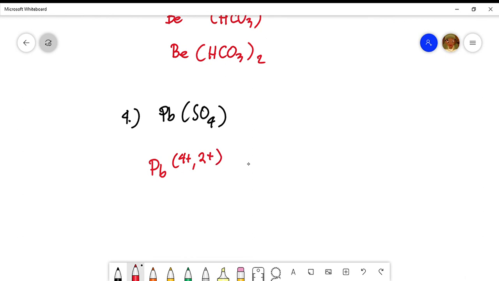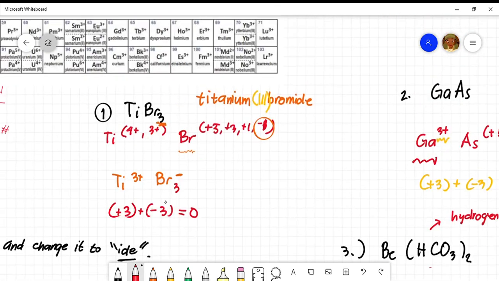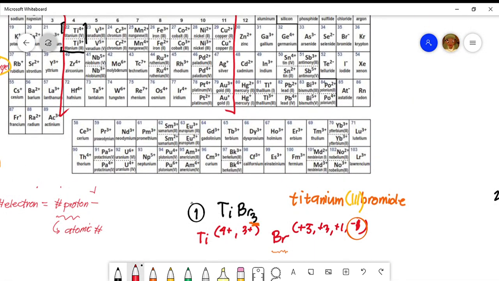This lead is a transition metal. And we know from the polyatomic ion table that SO4 is a sulfate. This is the ion sulfate, which means that it has SO4 and has a charge of